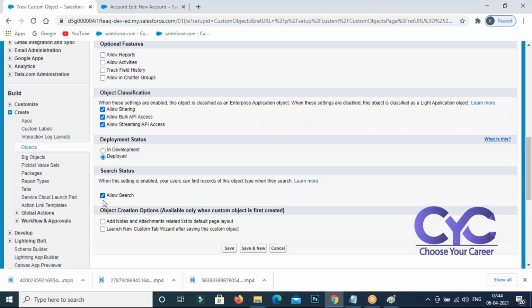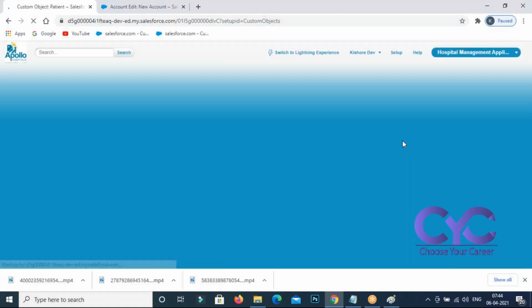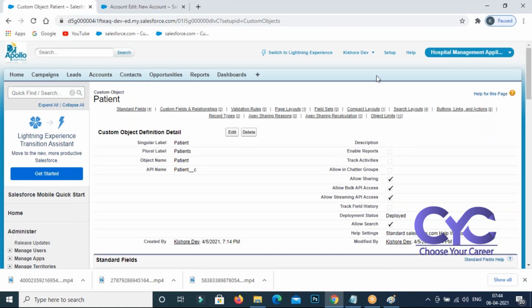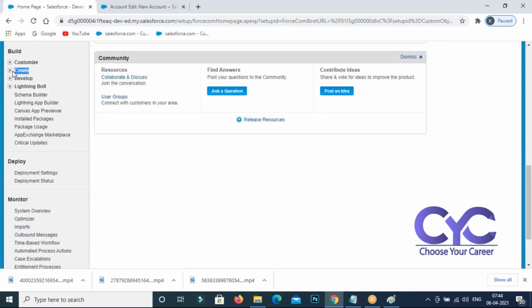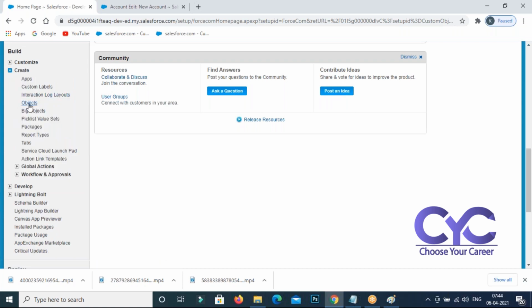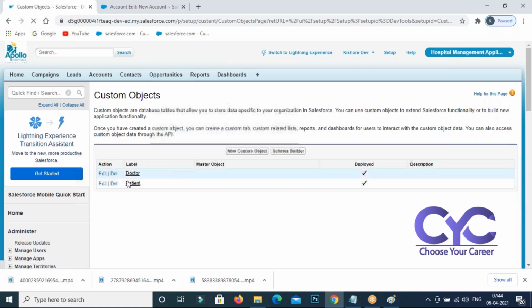Click on save. So one more object is set up. The patient object is also created. I can see the two objects, doctor and patient. For these objects, I need to set up a tab.